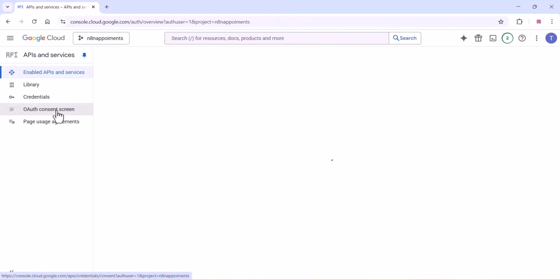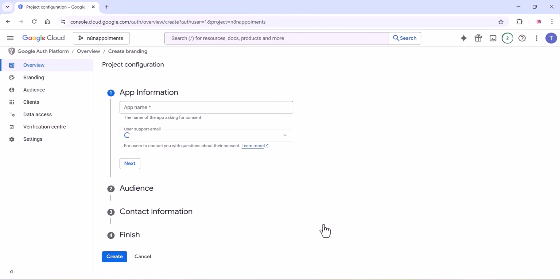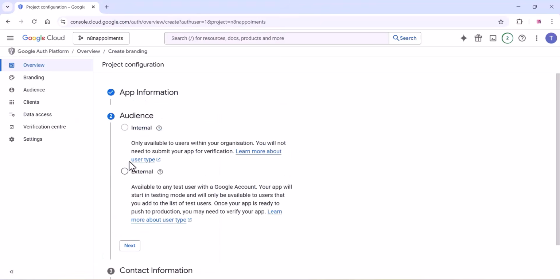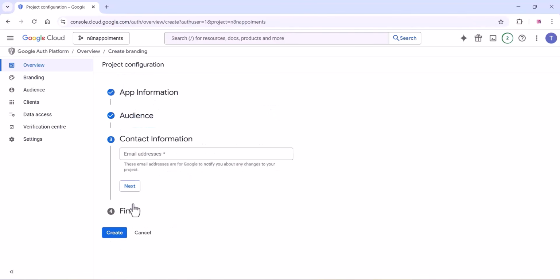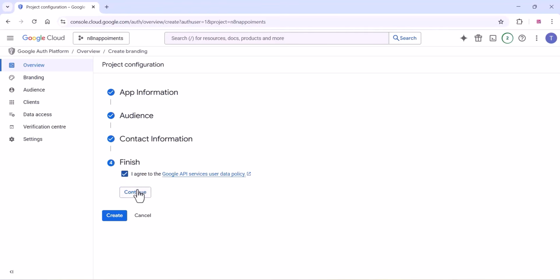Once you are done with that, click on the consent screen and click on the get started button. You can add an app name and your email address. Click on next, click on external, click on next, and you can add your contact information and complete the setup. Click on create. Once you create your app,